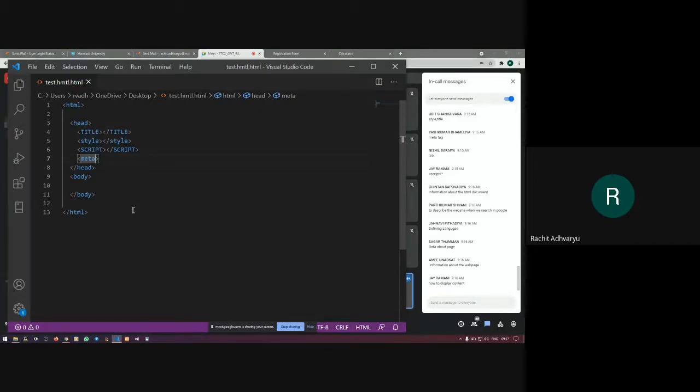So what are the different components of meta tag? Come on, next step. Don't Google it. What are the different components, or I would say properties, of meta tag?